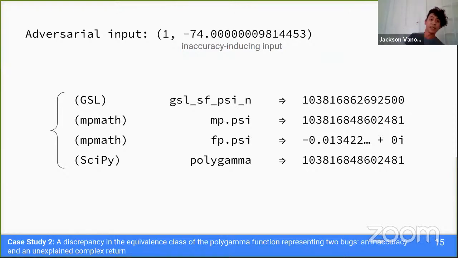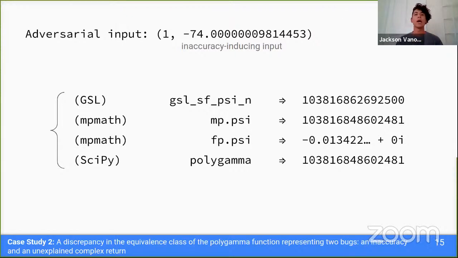The second case study is in the equivalence class of polygamma functions. So this input is an inaccuracy-inducing input. It was found to maximize the relative error between one pair of function synonyms, between those first two, the GSL and the NPMath implementations of the polygamma function. If you look closely, you can see that numerical discrepancy in about the 7th or 8th place there. But what's more interesting is that when we then took this input and applied it to the entire